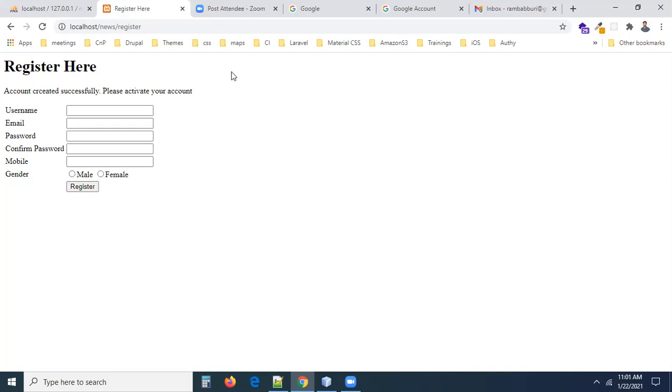So in the next session, I will show you how to integrate a theme because we have to work with the login forms, right? So let us download an HTML template and let me show you how we can integrate that HTML template into our code. This we will see in the next session, guys.